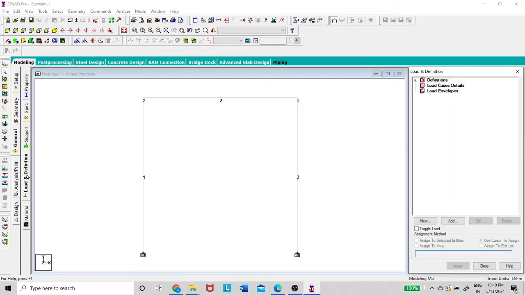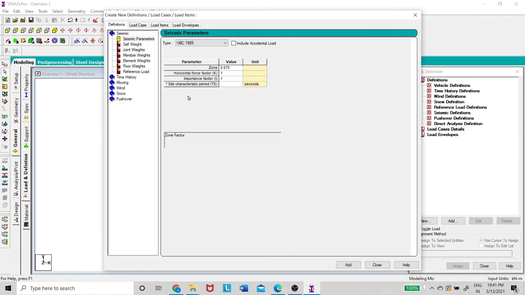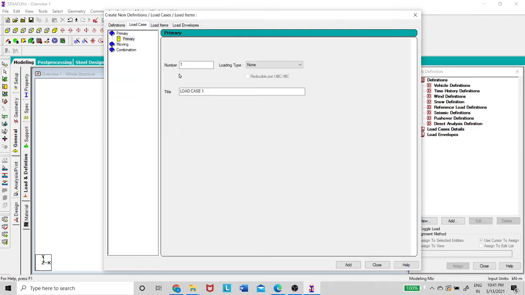Now here you have to define the load. So whether that is dead load, live load, or whatever the load, you have to define it first. And again I am saving this. Now I am defining the load here, the load case details, they are called load cases. I have only dead load and live load. I will say this is new load case. The first one is the dead load, and you add it, and the second load case is live load, just add it, close.